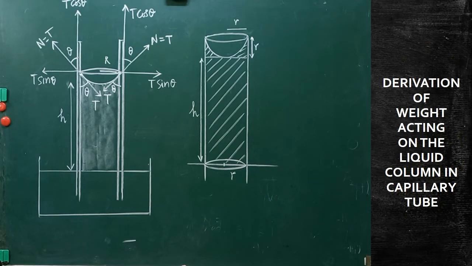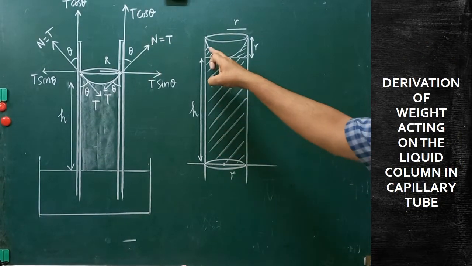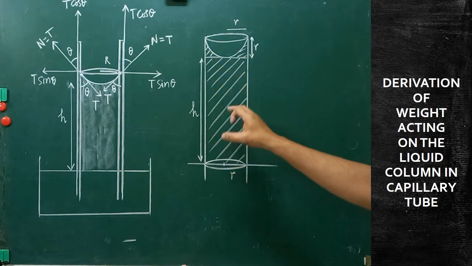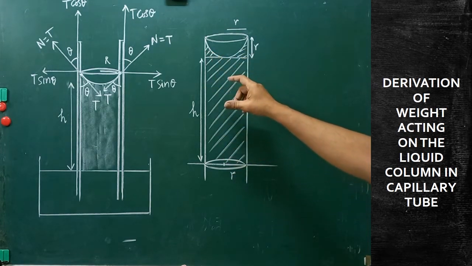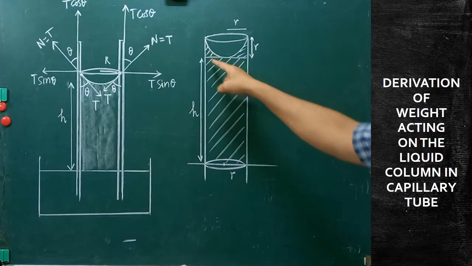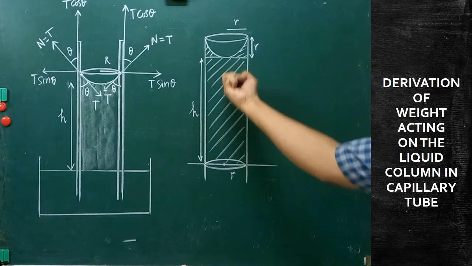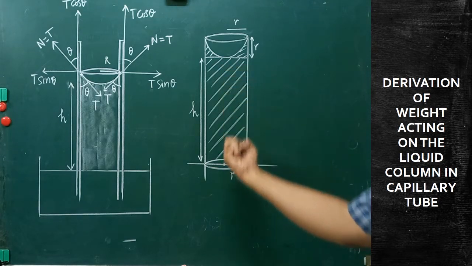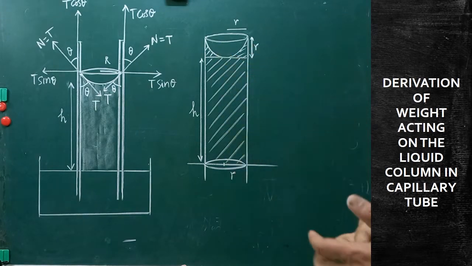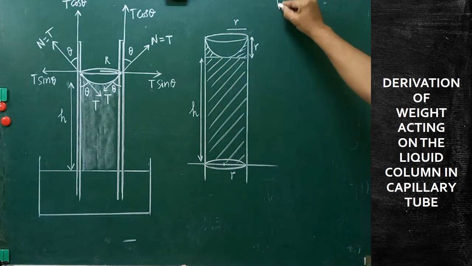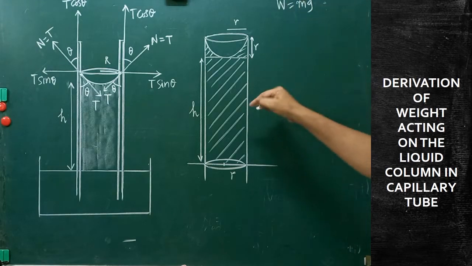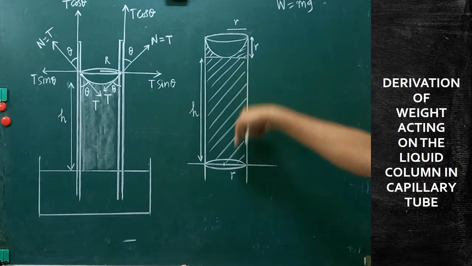Now I am going to explain the volume of liquid which is stored up in this region. Mainly in this derivation, this part of the calculation must be done very carefully. So this is the portion of the liquid that is pulled by gravity. So the gravitational force, that weight, is acting towards the downward direction. To calculate the weight, the formula is W is equal to m into g. That is the downward gravitational force.